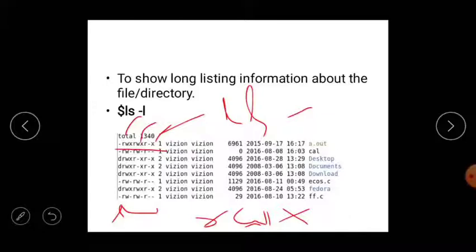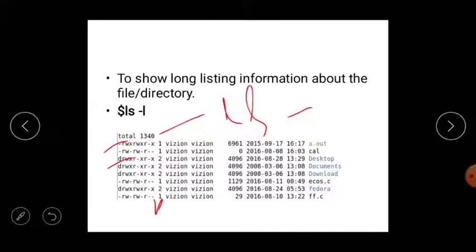Next field is the number of links. The second field specifies the number of links for the file. You can observe for the first file only one link, here two links, one link, one link, like this.